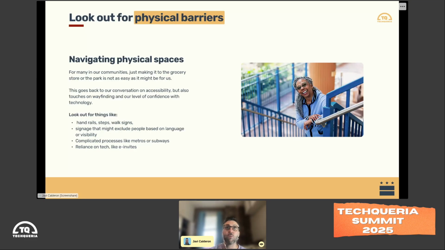Physical barriers, of course, if we're creating an in-person event or anything along those lines, right? Making sure that it's accessible physically for anybody who might have some mobility issues, making sure not only the physical space, but the signage, right? If our signage is only in English, that might be a problem. If our signage is hard to read, people might not make it to the right place. If our directions are unclear or confusing, we might not be able to make it to the right place.